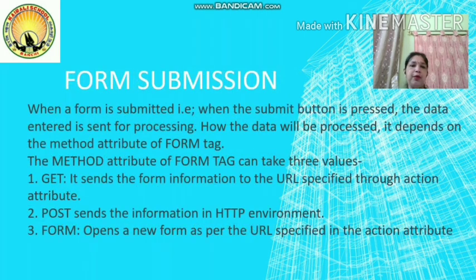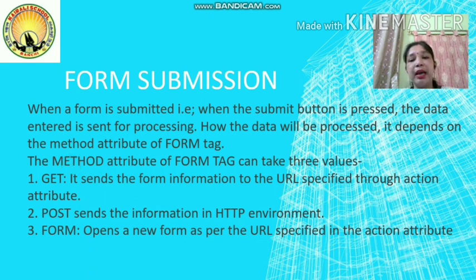So next, form submission we are going to discuss. We have already discussed this part in the beginning of the chapter, but since it is given again in your book, I thought of refreshing this topic, because every control will be started with the form tag only and all the attributes you must know. So I am going to repeat it again. Form basically has two mandatory attributes. First one is action and second one is method. And here I am going to talk about the method attribute.